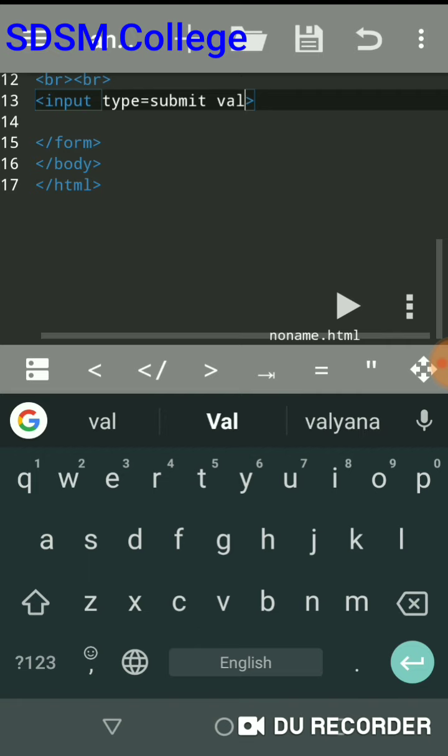So you will use the value attribute, value is equal to. Whenever more than one word is there, you put that value in double quotes. So inside double quotes, I am writing here, say, login. So it will create a login button, that is the submit button.